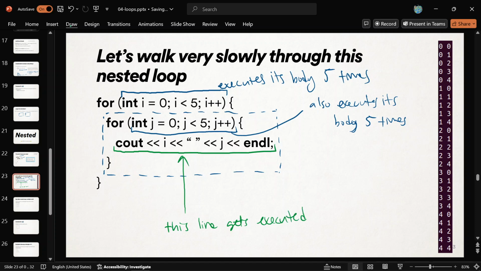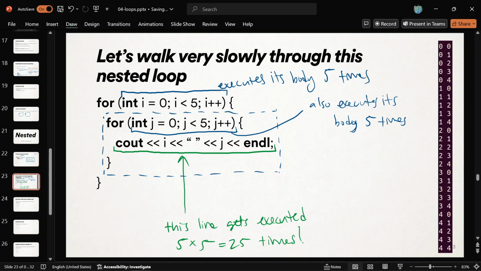If you didn't know what was getting printed, you know that there's going to be 25 lines. 5 times 5, 5 for the outer loop. The outer loop's running 5 times, and it's running this entire thing 5 times, right? And it's running its inner loop 5 times. So 5 times 5, 25 times. Okay? Interesting fact 1. And now let's try to talk about why it's going to print 0, 0, 0,